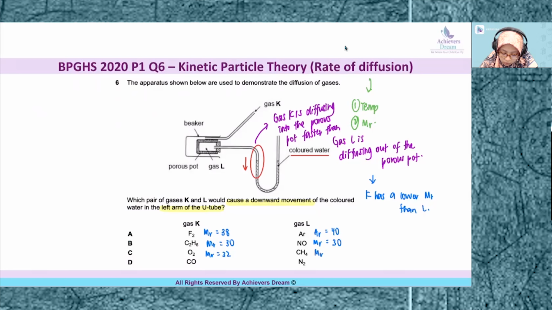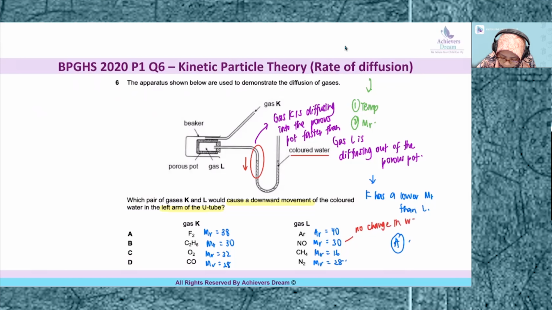Methane, CH4, MR, 12 plus 4, 16. Carbon monoxide, MR will be 28, nitrogen 2 times 14, 28. So based on your conclusion that K must have a lower MR than L, your answer will be A. Okay, so what if it is options B and D? What will be your observation if, let's say, gas K is ethane and L is nitrogen monoxide for option B? You will observe no change